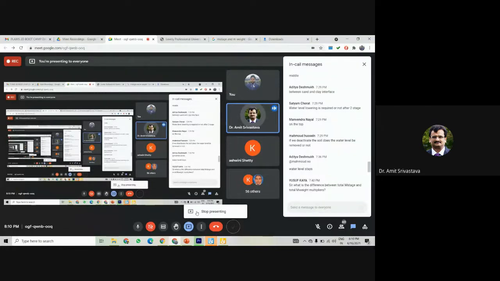Yeah, activation and deactivation is one of the most prominent features of this Plaxis software. You have seen how easily we can activate and deactivate the elements, and then we can see how they participate in the calculation. Another feature that you have studied and understood today is staged construction.